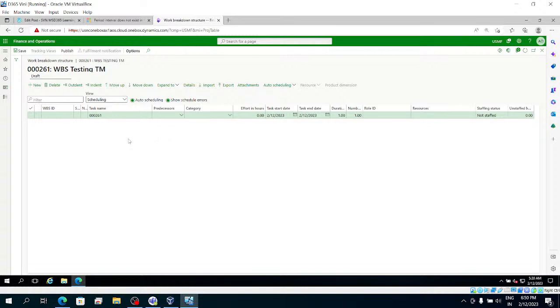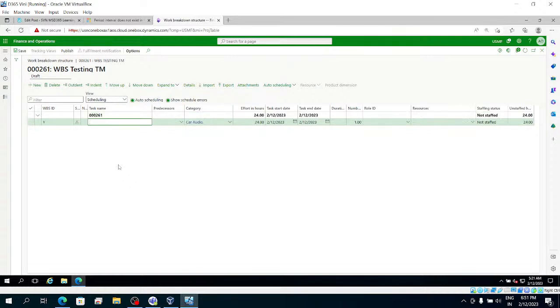Here we have the task name. This task is already created automatically. Let's take a new task that I need to perform in this work breakdown structure. I click new,